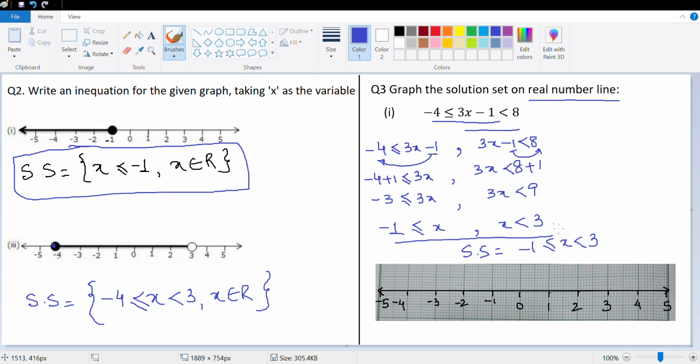What does x belong to? Since this is not given, I would take this as x belongs to real numbers. I will need to plot this. So x is less than or equal to negative 1, which means since it is equal to as well, I'll put a filled circle on negative 1, and less than 3, which means an empty circle on 3, and then I will join them using a straight line. Done. I hope you notice in my graph I have a number before negative 1 and at least one number after my final solution on the right hand side, which is 3 in this case. So that's how I plotted it.